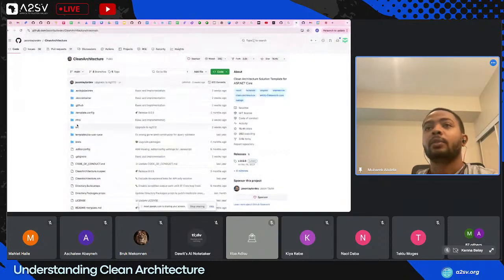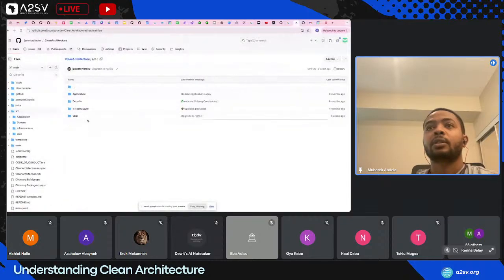If you look at this folder structure, just by looking at it we can tell that they're using these concepts of clean architecture from the naming, like domain, infrastructure, web, application. This is where you expect to see the use cases, and this is where you expect to find the entities, and this is where you